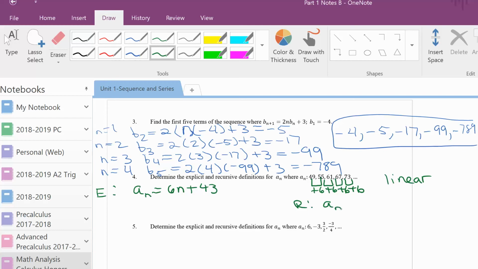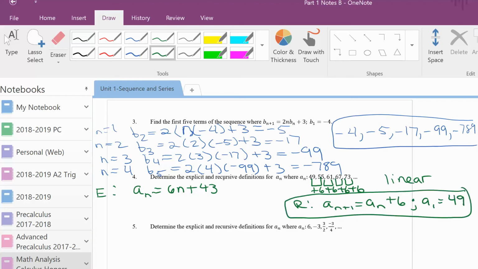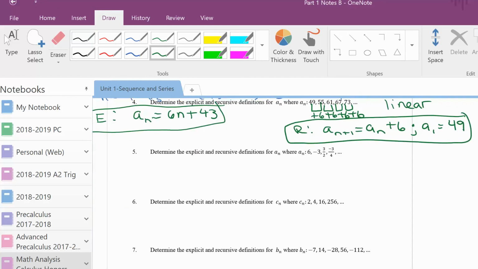So to get to the next term, you take the previous term plus 6, and you start with the first term as 49. So that's the recursive, and that's the explicit. So remember, if you're adding the same number, it's a linear equation. Now here in the next one, we talked about how, since we're multiplying